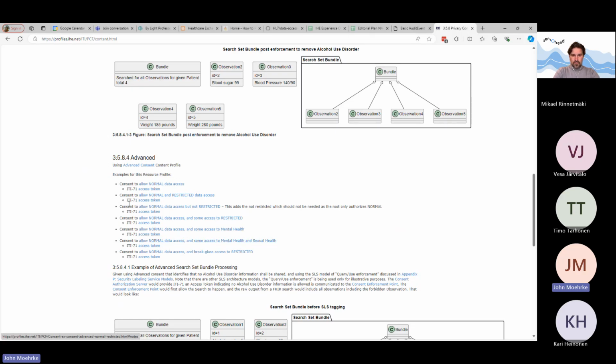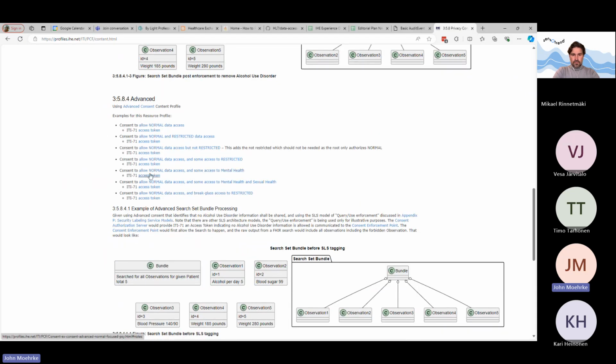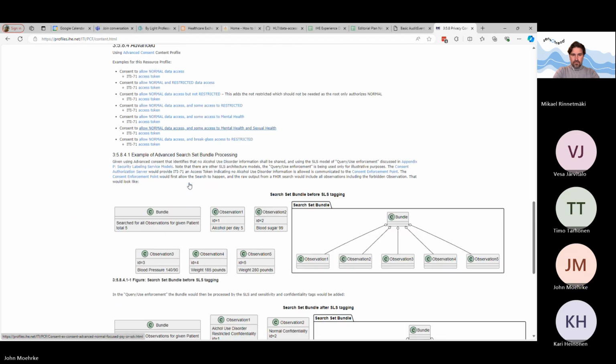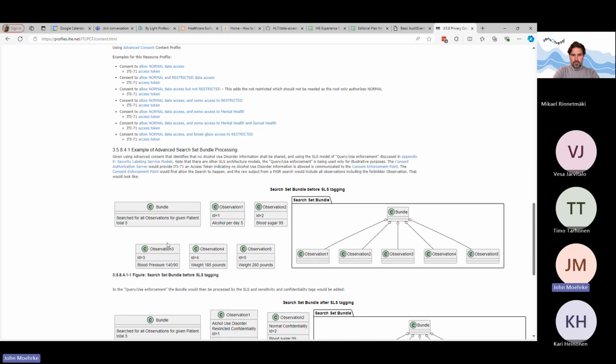So again, in each one of these, we have representative examples of that kind of advanced profile and what would be the impact on the access token in each case. And then this is an example where data tagging happens.